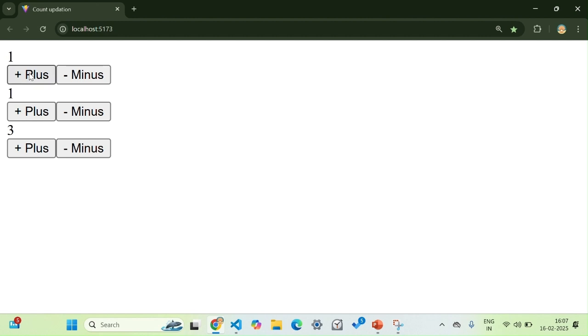So when I do plus, there is no refresh which is required. I'm not even being routed to a different server to see all the changes. Everything is happening in the single page. That is what React helps us to do, and that is what use state has helped us to do. It has helped us to give a variable. It has helped us to give a function which can render the state of this variable, and update it. Okay,